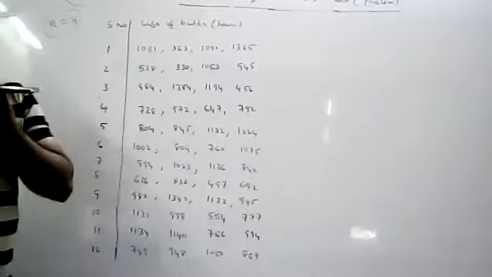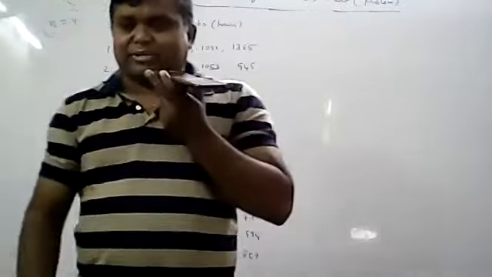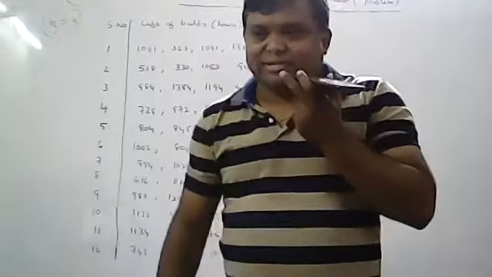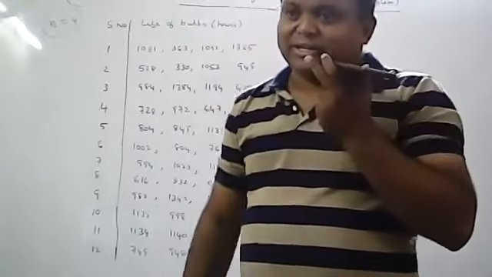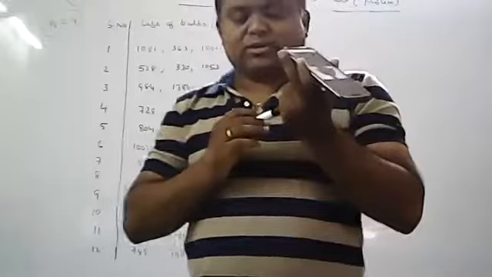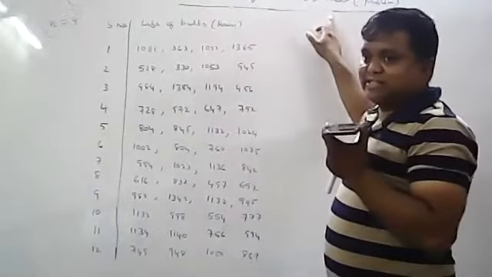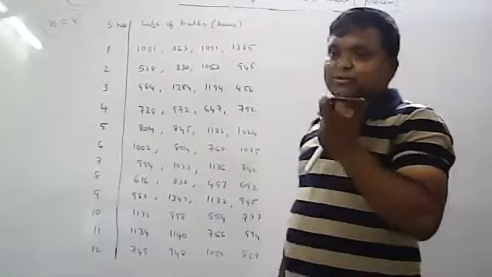So for the mean chart, you already know how many cases there will be. For the mean chart, you have two cases. When standards are given, you have formulas. When standards are not given, you have formulas as well. So what you have to construct? You have to construct the mean, range, and standard deviation charts.